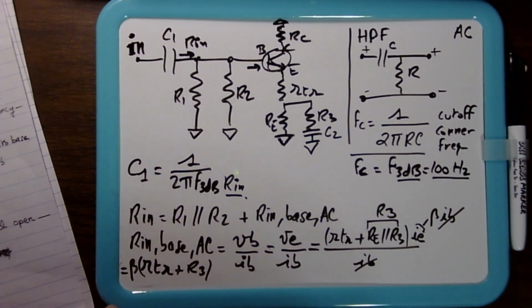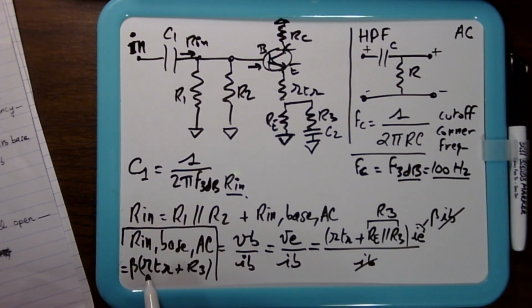So R in this formula, R in base AC is equal to beta times RTR plus R3. Okay. So RTR we know is 26, R3 is 74, beta is 100. So we know R in base AC,